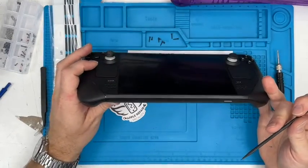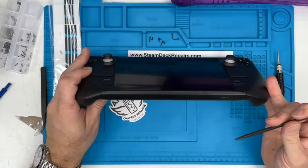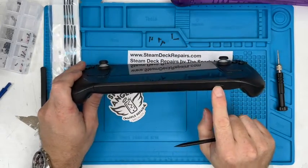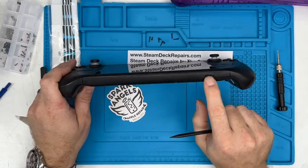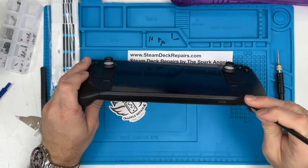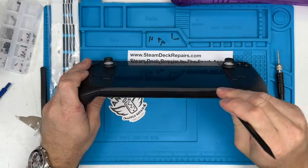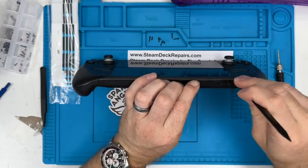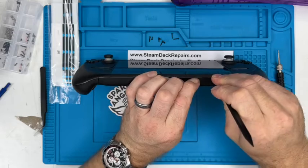So to open the casing, it looks quite daunting. I like to try and do it so there are no marks at all. Also, something you need to check is if there's an SD card in there, the case won't come apart, so you always want to pop that SD card out. I use what they call a spudger in the trade, a plastic non-marking tool, and you just kind of